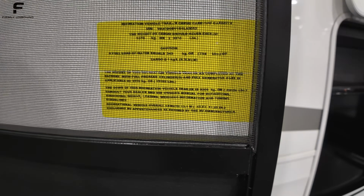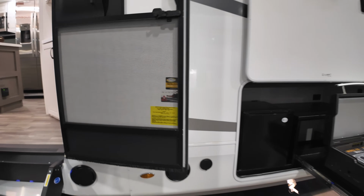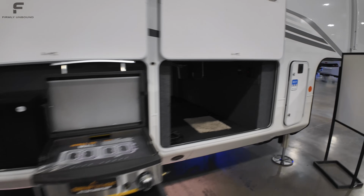Exact specs on this model here, you can see it is 42 feet. Actually, it's 42 feet, 11.25 inches. So might as well say 43 feet. And unloaded, it weighs 15,165 pounds, and that is with the propane bottles filled, which is pretty substantial because it